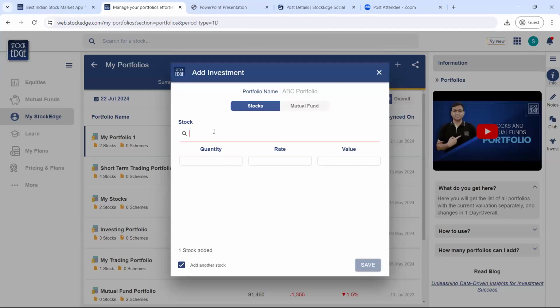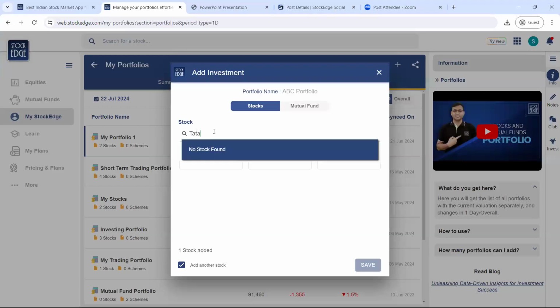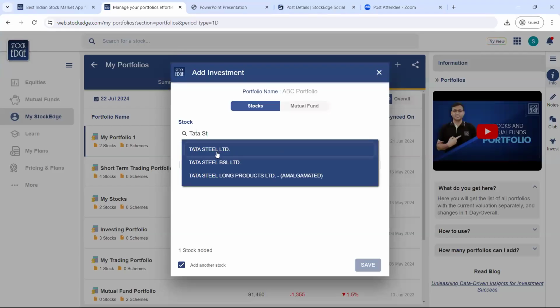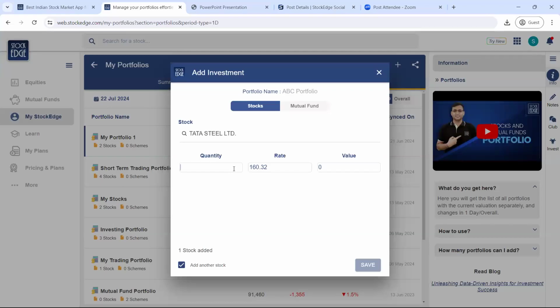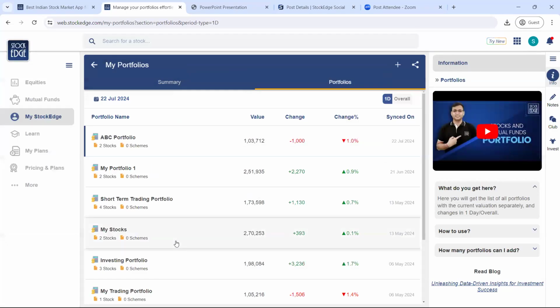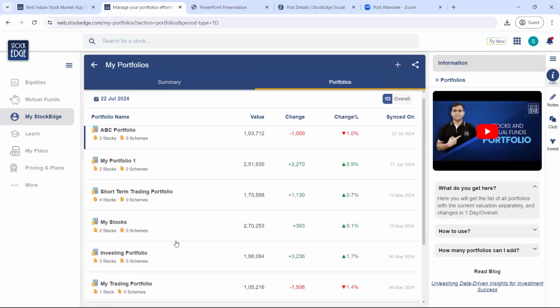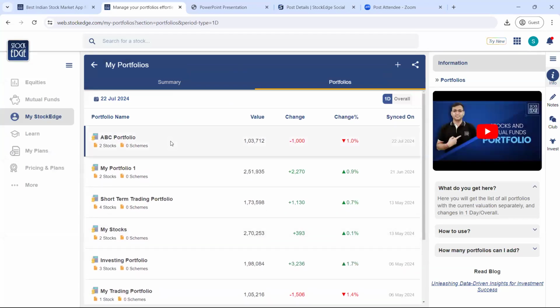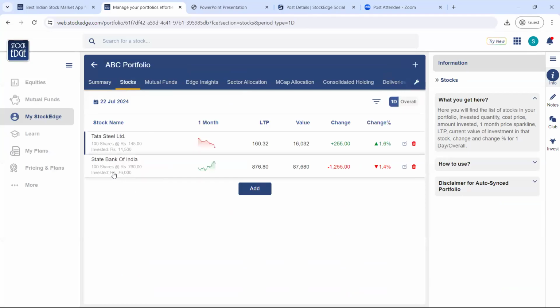Suppose next I have added Tata Steel. So Tata Steel I have added at a quantity of around 100, and at a price of around 145. So automatically the value will be created. Okay, and you can save it. So now if you go to your portfolio, similarly mutual funds can be added like this. So if I just go to ABC portfolio, as I've added two stocks, you can see I've added two